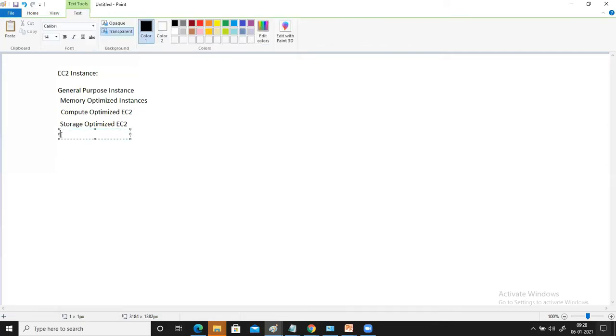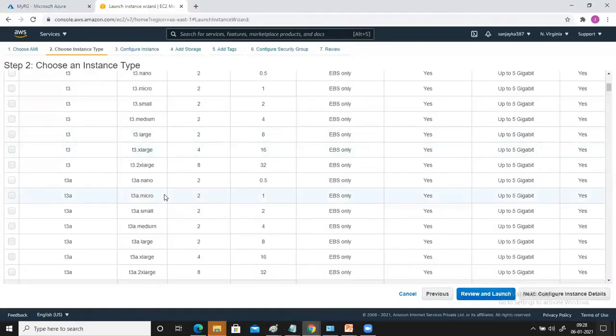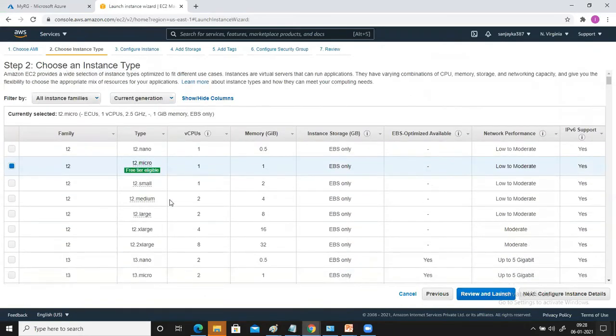The last one is the accelerated one. Suppose you want to create an EC2 instance where you need a graphic card. You want to deploy an application into that EC2 instance where you need high graphic card processing power. In that case, you can come to these accelerated EC2 instances. So all these categories, this is the consolidated list here.